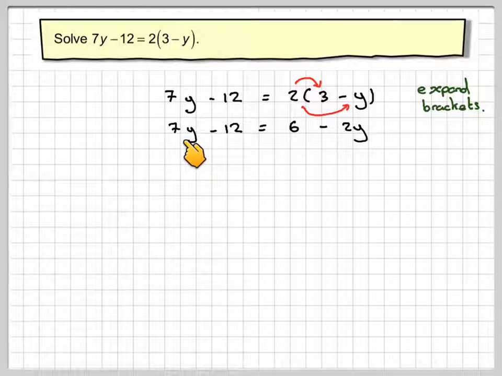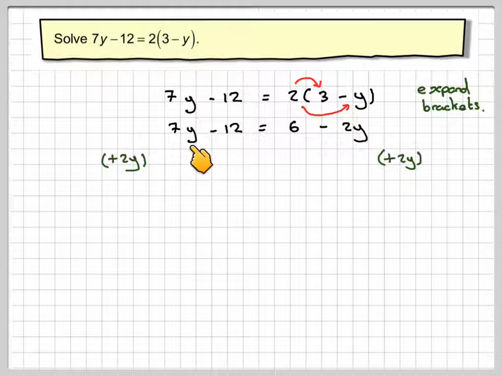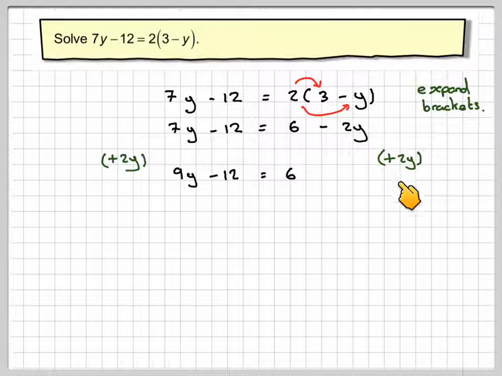Now, the technique here, you've got 7y and minus 2y, is to look for the smaller one, which is minus 2y, and then add that to both sides. So 7y plus 2y makes 9y, still got minus 12, is equal to 6, and then minus 2y plus 2y